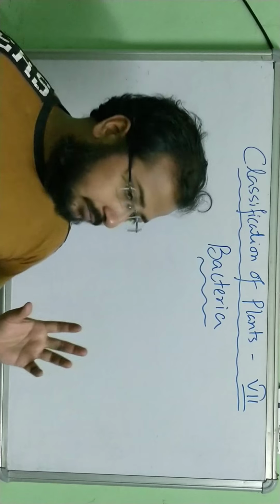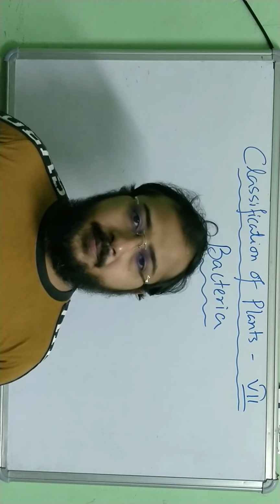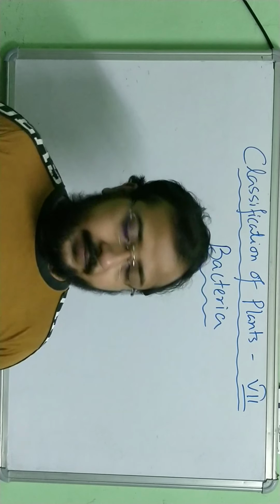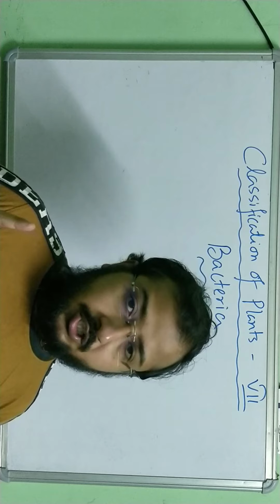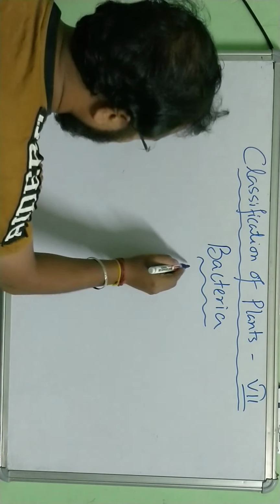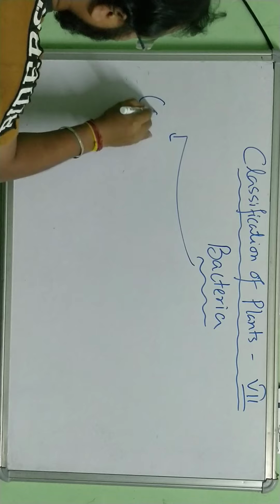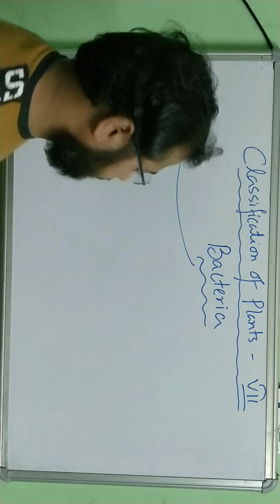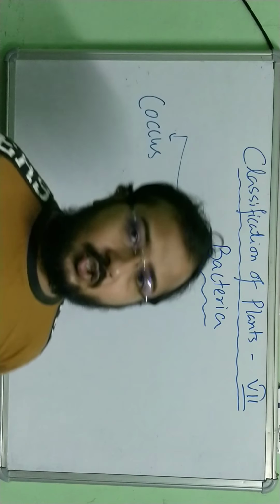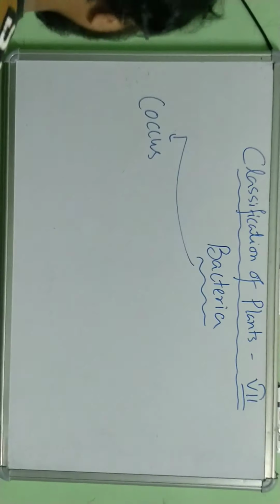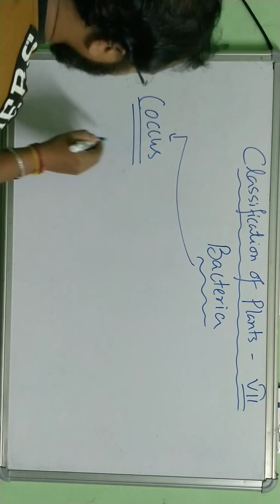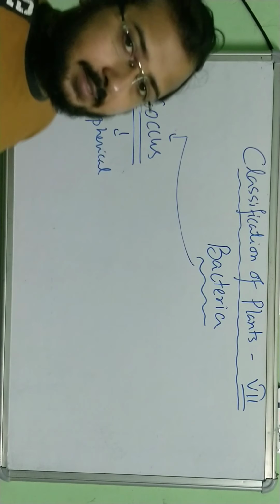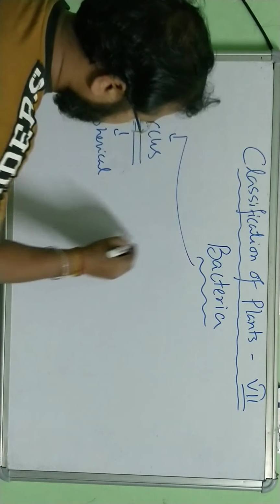Now I'm going to show you the classification of bacteria on the basis of their shape. If I divide, first comes the coccus. Coccus is the singular, and the plural is cocci, C-O-C-C-I. Coccus is a bacteria of spherical shape. The next one,